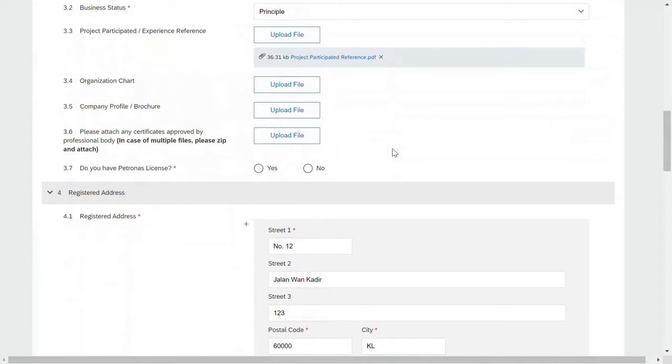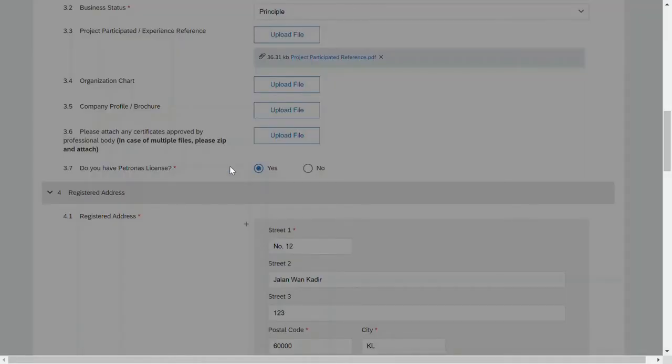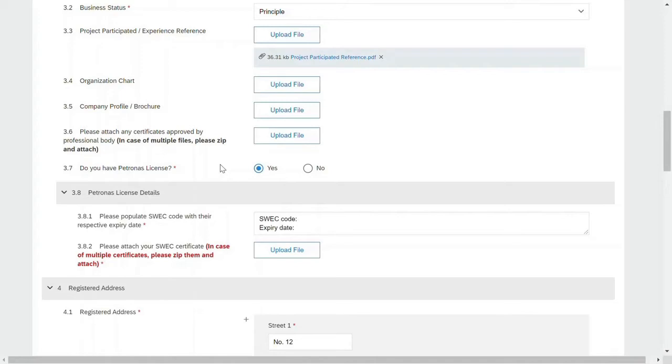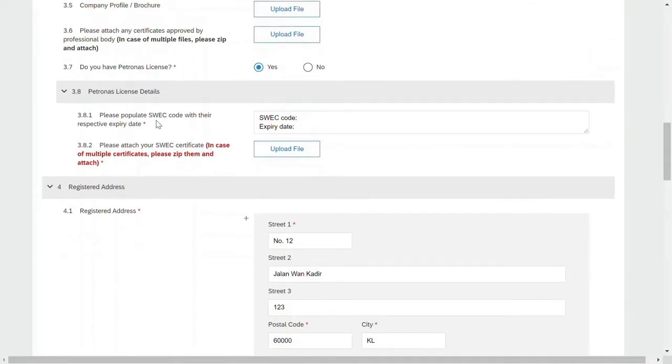Now, moving on, the next question I want to highlight is that if you have a Petronas license, you may click yes. If not, you can click no and proceed. However, if you do have a Petronas license and you click yes, there will be several questions that will appear whereby you will need to populate your SWEC code with their respective expiry date. For example,